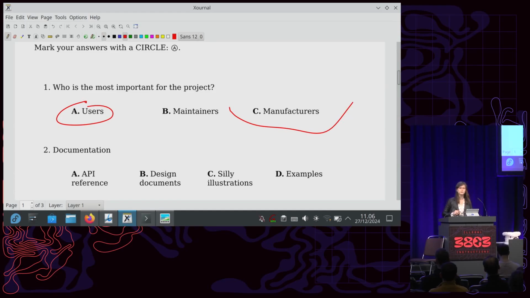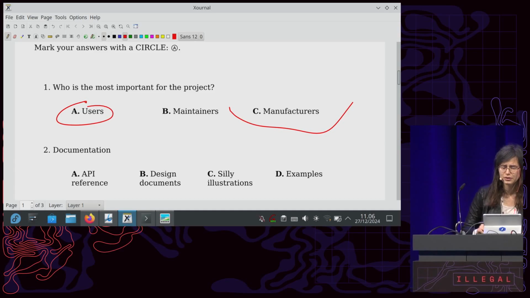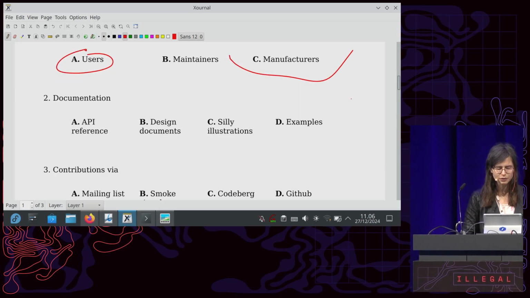So I was starting from this point that was the entire story. I was a part of the manufacturer company, and I wanted to make a Linux phone. I want Linux phones to exist. I want to make it easy to build new Linux phones. So I want to make it cheap. I want to see more of them. So manufacturers are also super important. Thankfully, those priorities do not collide. So I can take care of the users, and also maintainers are going to benefit from it.